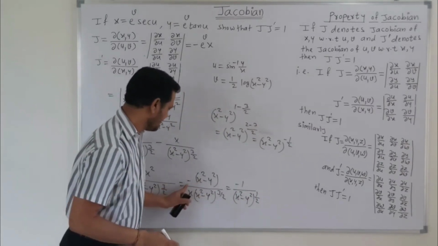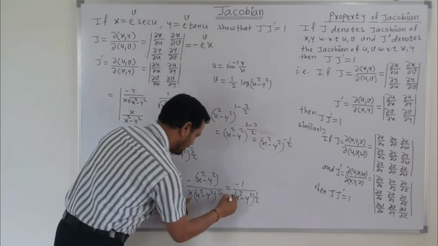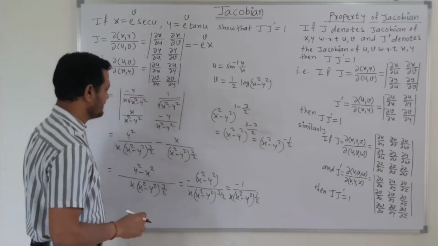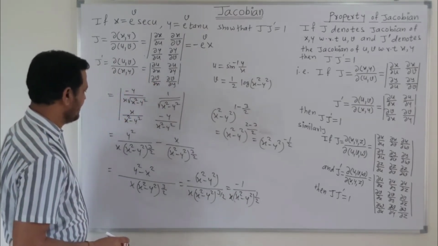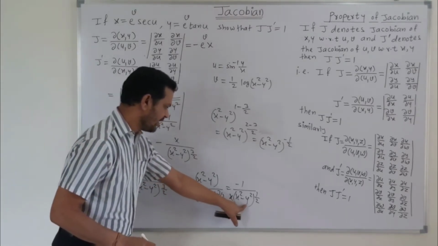Right, this is the value, minus as it is, then these two terms become 1/2, and this x term remains as it is. So this x term remains as it is. But friends, here please try to understand that here we find the value of this x square y square.